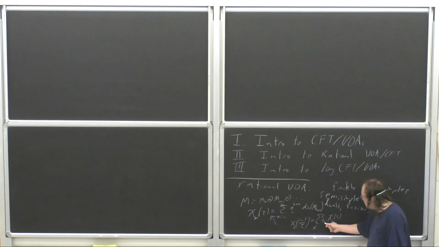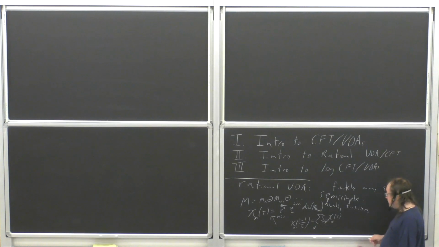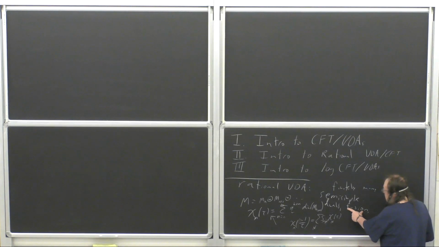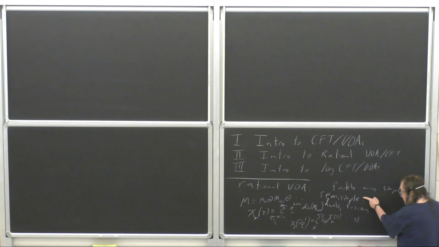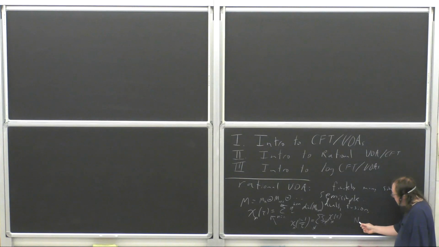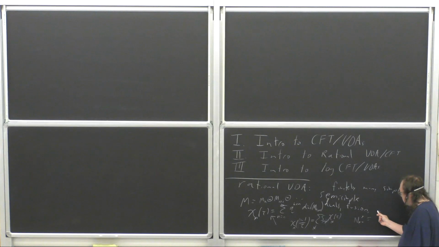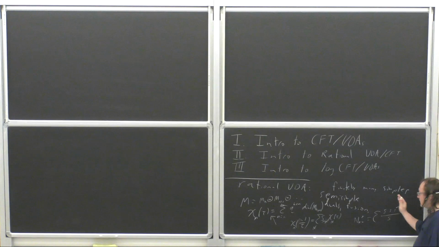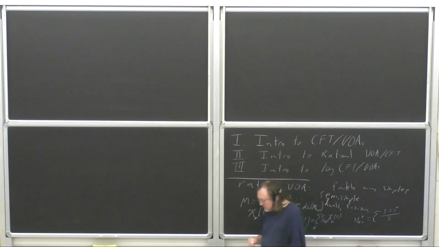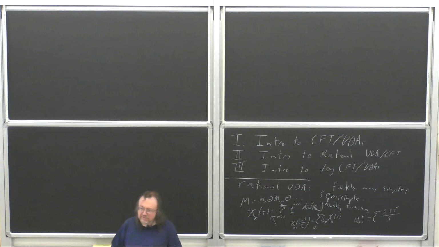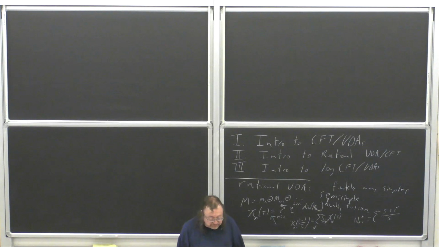This is the S matrix that you plug into Verlinde's formula, and it gives you the fusion coefficients. Tensoring or fusing two modules together, because it's semi-simple, decomposes into a sum of simples, and so you get fusion coefficients. I'm not going to write it down. I'm sure you've all seen it too many times anyway. It's a miraculous formula, and it looks like this. By the way, it's a miraculous formula, but finite groups have a version of Verlinde's formula, so it's not magic. Similar-ish theories all have a Verlinde's formula. So,